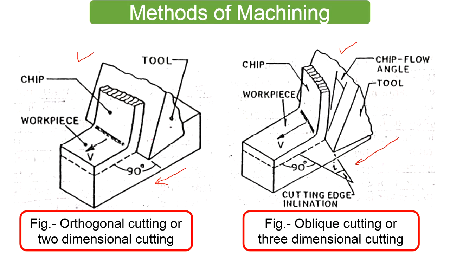So this is what we have studied in today's lecture: the basics of machining, how the chip formation mechanism occurs in the machining operation, then the basic geometry of single point cutting tool, and some methods of machining. In the next lecture, we will study in detail the geometry of single point cutting tool, what is the influence of the tool angles, and what is the significance of these tool angles. Whenever we are selecting the angles on the tool, how this will work.